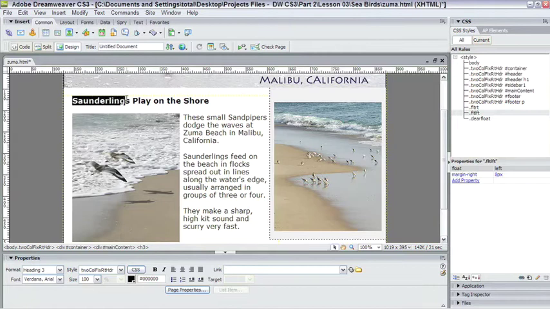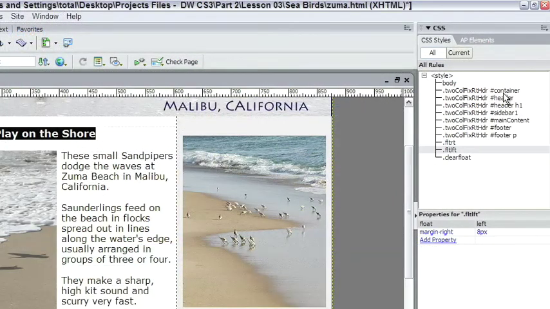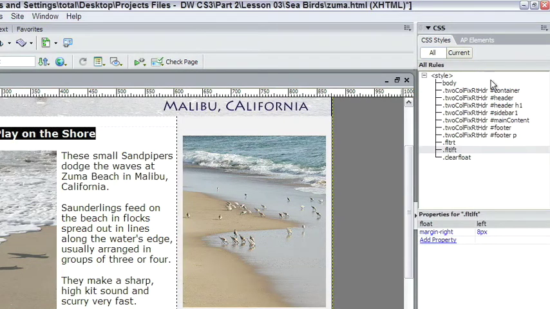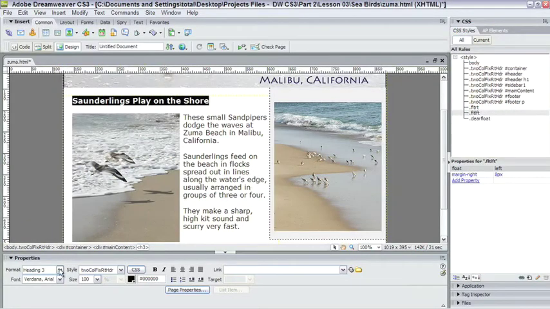Finally, if I want to change the formatting of this heading, notice that it's already formatted with an H3. That's what it was formatted with in that text to copy file. There is no style over here for H3, but if you want to know what's controlling the font of that, you can click on Current, and you'll see that the font is set to Verdana in the body tag. That's what's controlling the font here. But because there's no H3 style to override that, that's the only thing affecting it, besides the bold that's inherent in H3. Now I could change it to H1